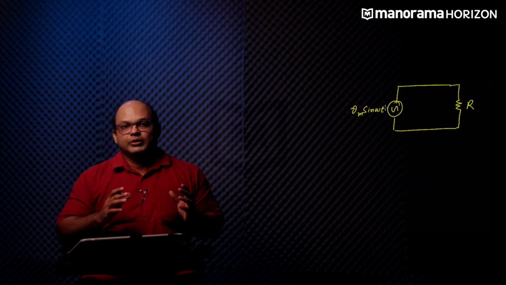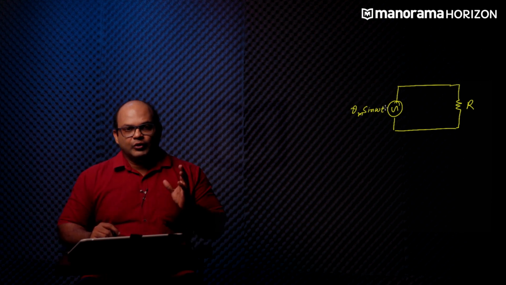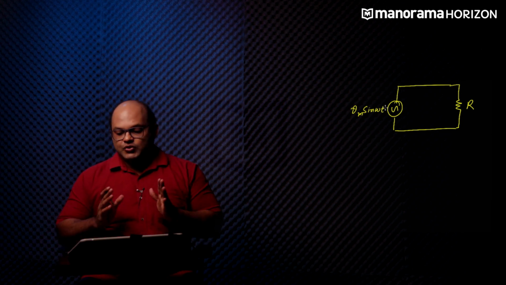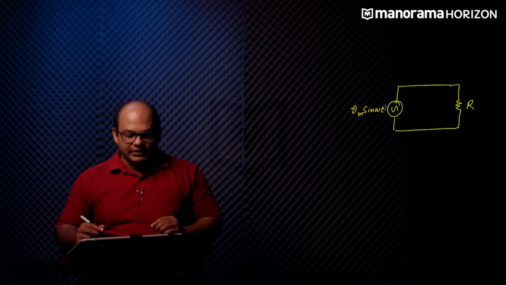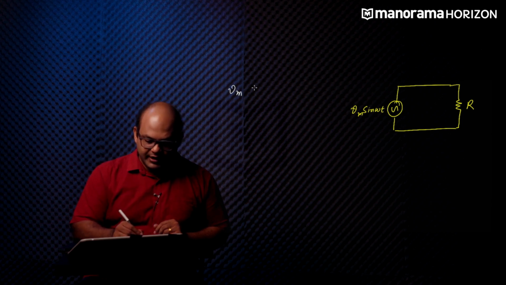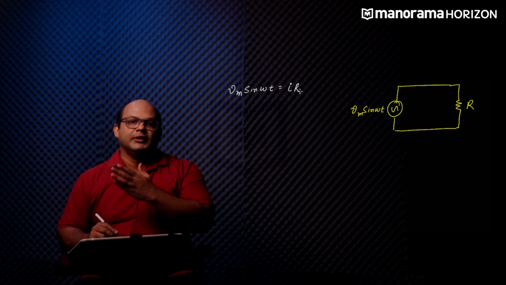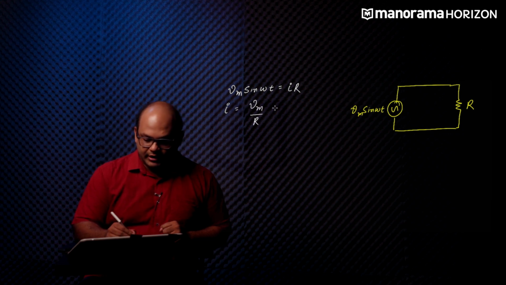Now we know that according to Kirchhoff's law, the sum of all the voltages inside a closed loop has to be 0. So whatever energy is being sent by the voltage source is being sunk into the resistor. So the potential provided by the AC source has to be equal to the potential that is being sunk across the resistor. So from that we get the relationship Vm sine omega t is equal to I times R, where IR according to Ohm's law is the potential drop across the resistor R. So from this relationship we can say that I is equal to Vm divided by R